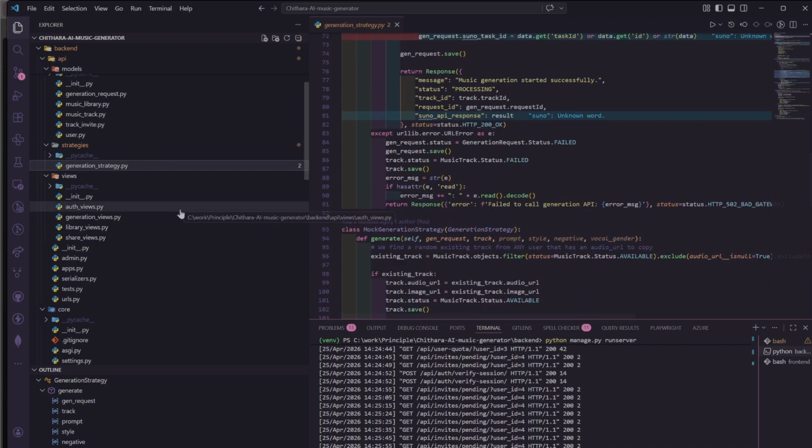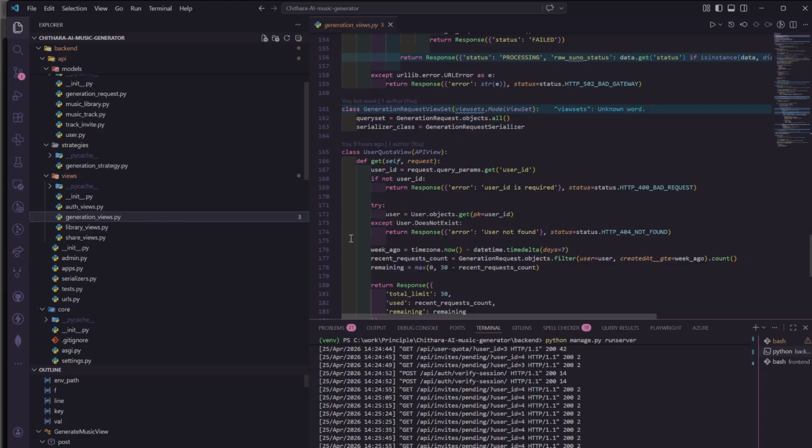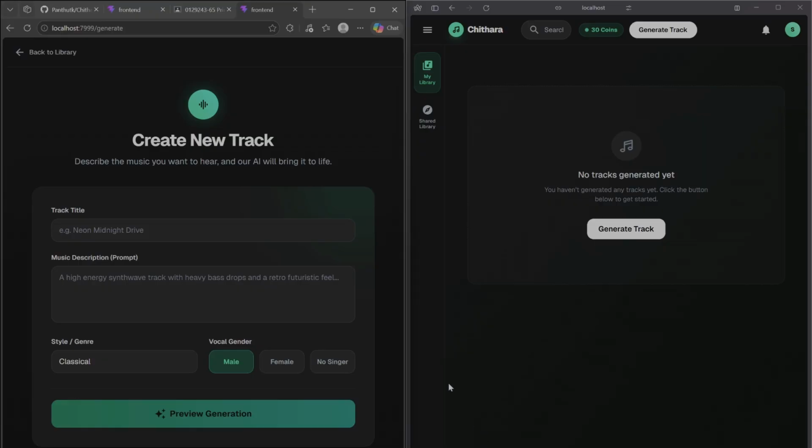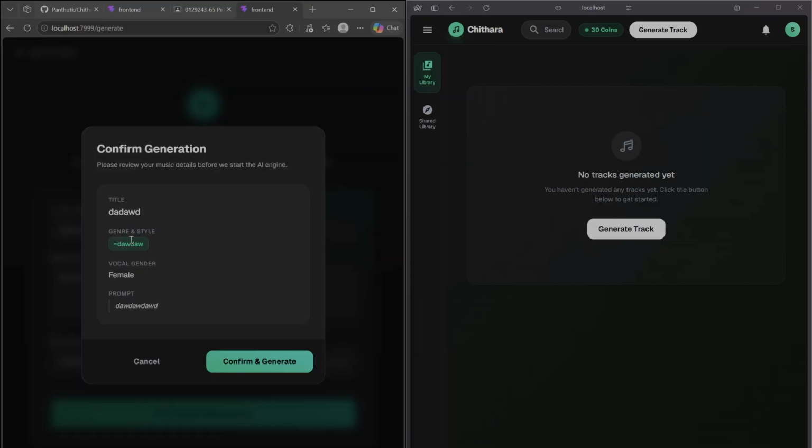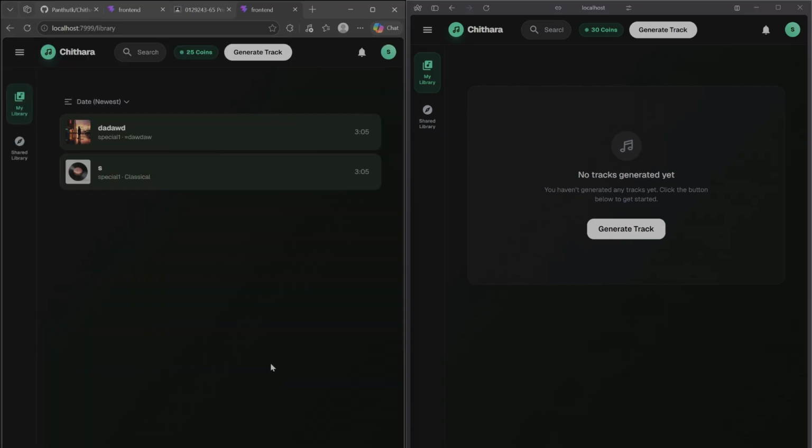So as you can see, our generation will act as the traffic controller and our generation strategy acts as the actual execution. Sorry about that. So as you can see, AI write any song can do all the same preview and after generate, it will just random a song from our existing database.